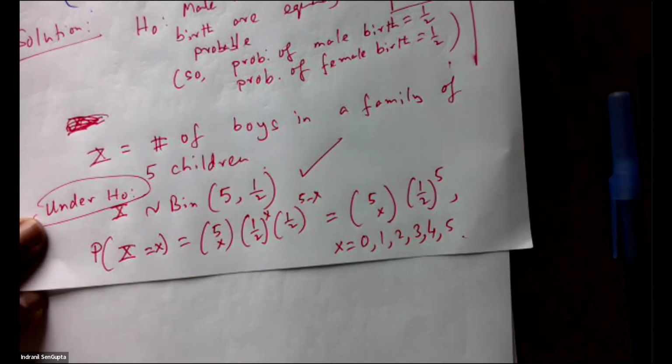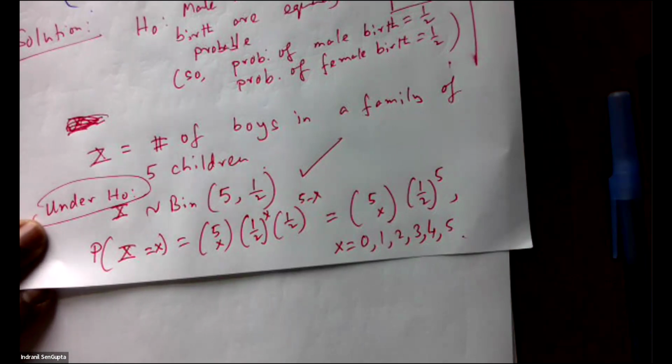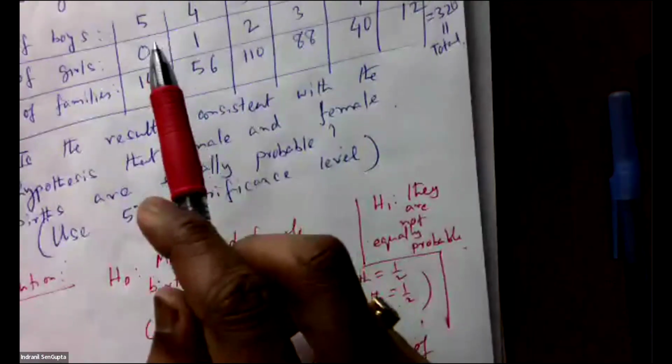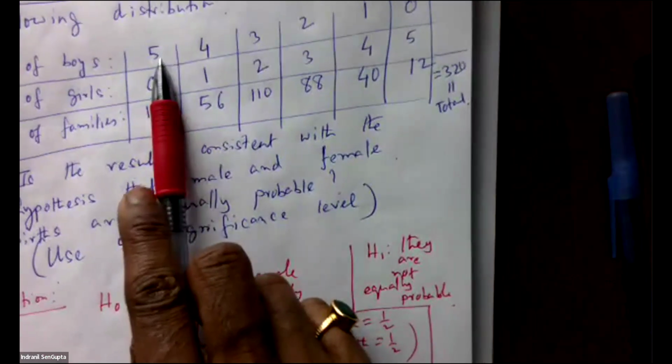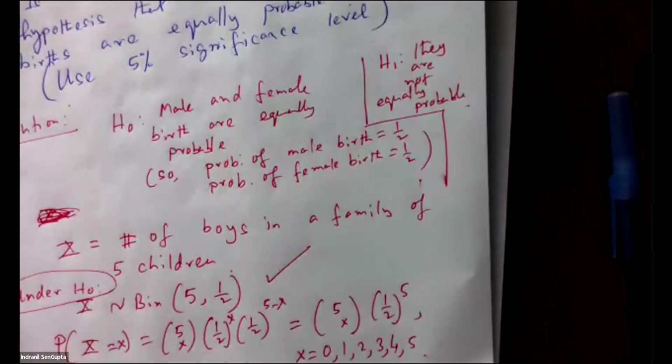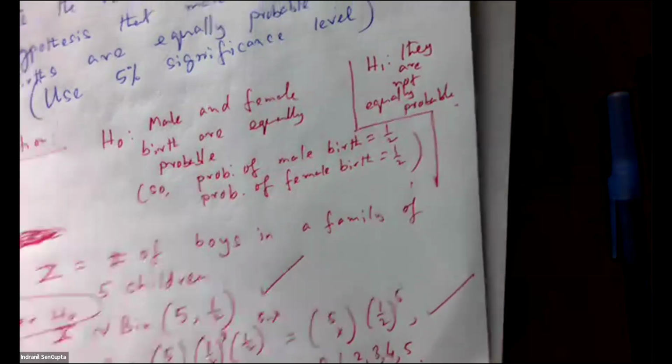Therefore, what is the expected frequency or expected number of, say, 5 boys in a family of 320? Okay. So basically, under the null hypothesis, I have all these probabilities. So therefore, I can simply write,